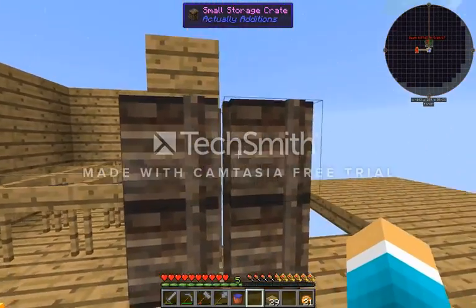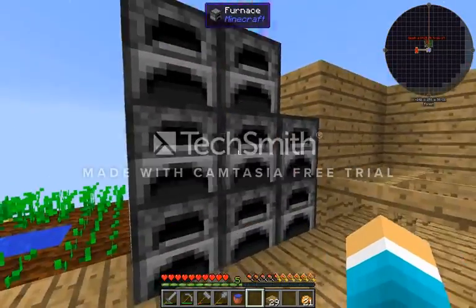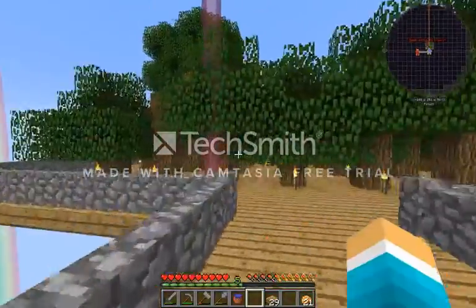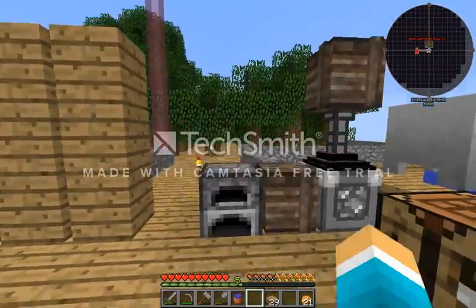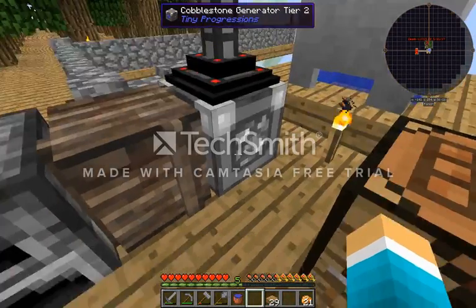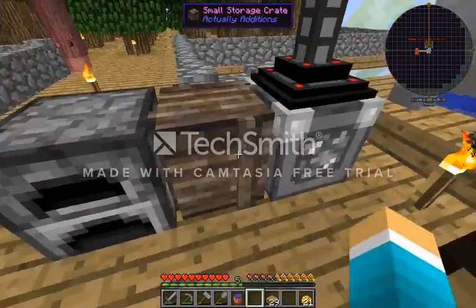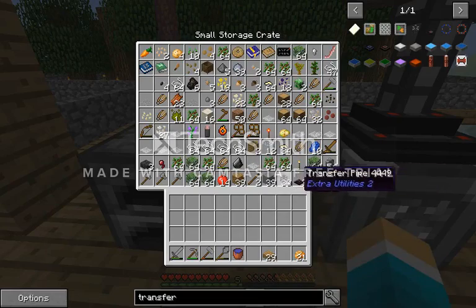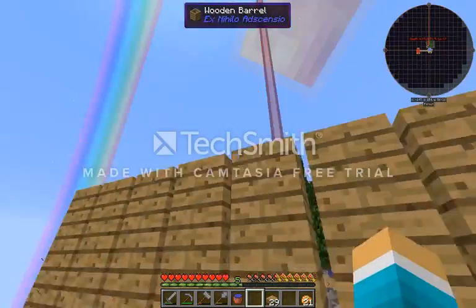I made some flint and some iron stiffened meshes. I got some more small storage crates, got a bunch of furnaces, and I extended the tree farm by a freaking lot. And I also made the little transfer node here and upgraded the cobblestone generator to tier 2. So the transfer node will automatically put cobble into the storage crate on top, and I also got some spare,